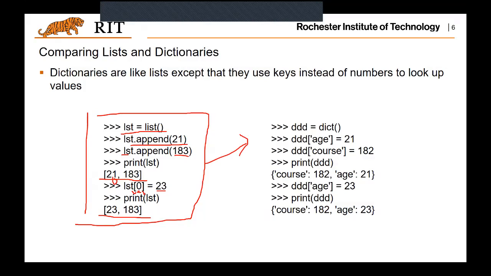But for a dictionary, first create a new empty dictionary, and you just create two keys and assign two values to each of the keys. All right, and if you print it,